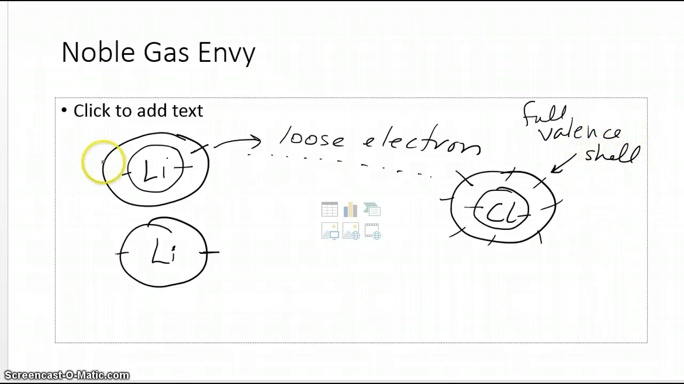This is a win-win for both. The lithium has lost its extra electron, it now has a full valence shell, and the chlorine has gained 1. This is a chemical reaction that's happened right here. So in general, what happens is if an element